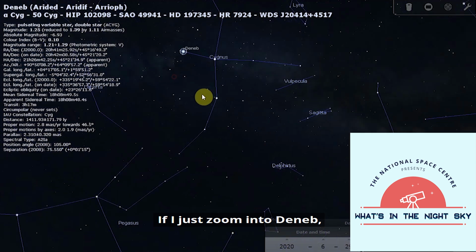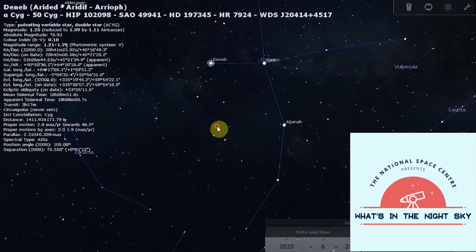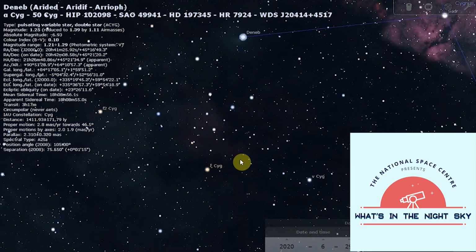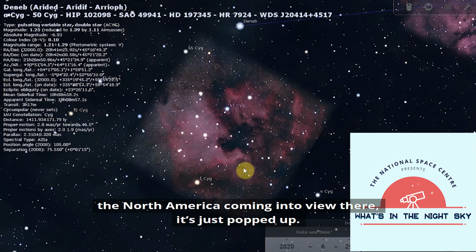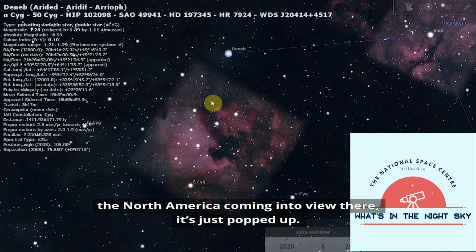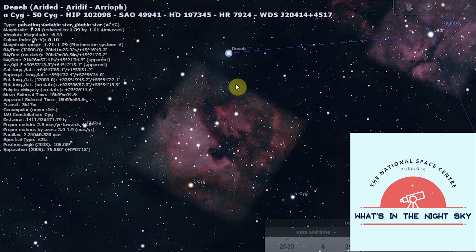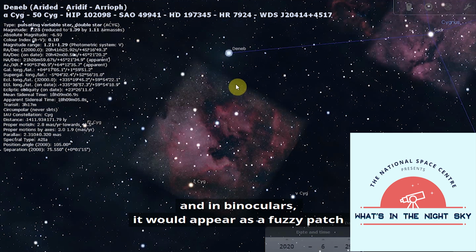If I just zoom in to Deneb, you might be able to see the North America Nebula coming into view. There we go, it's just popped up. So this is the North America Nebula, and in binoculars it would appear as a fuzzy patch, and we know